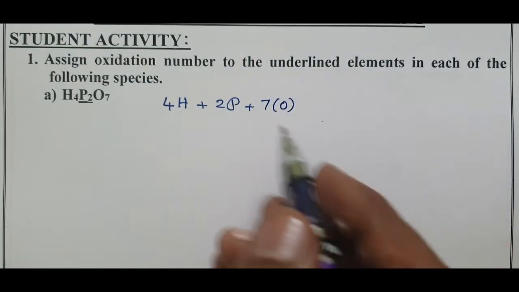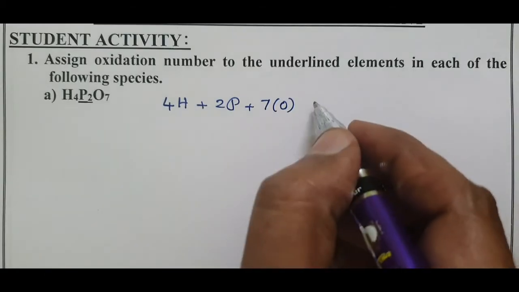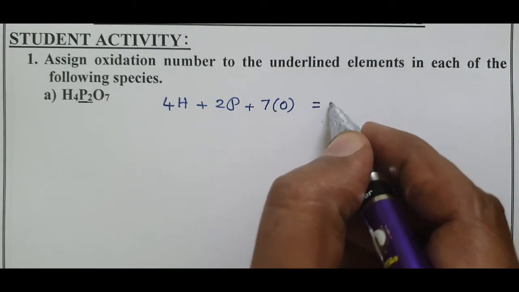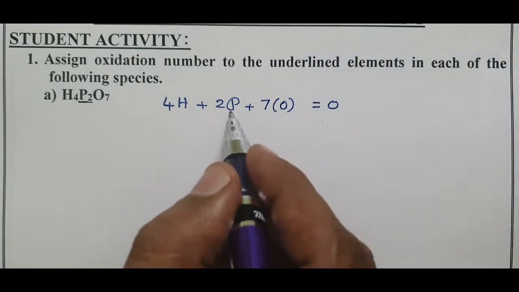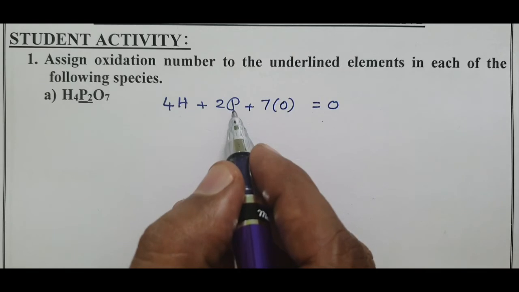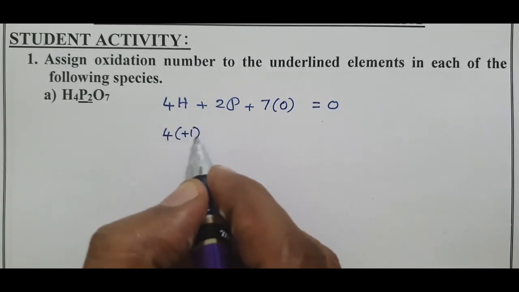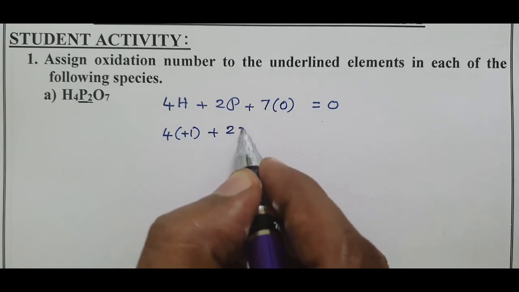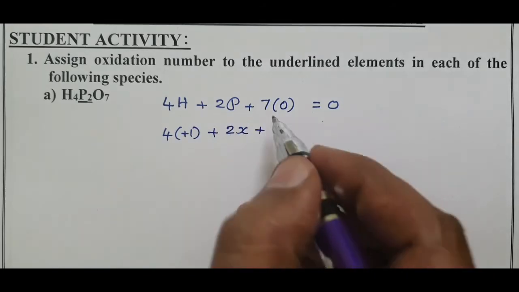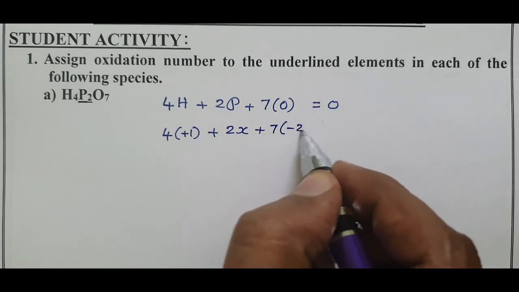We know the sum of the oxidation states of the elements in a compound is equal to 0. We have to find out the oxidation number of phosphorus. Hydrogen oxidation state plus 1, phosphorus we have to find, therefore 2x, plus 7 into oxygen oxidation state minus 2